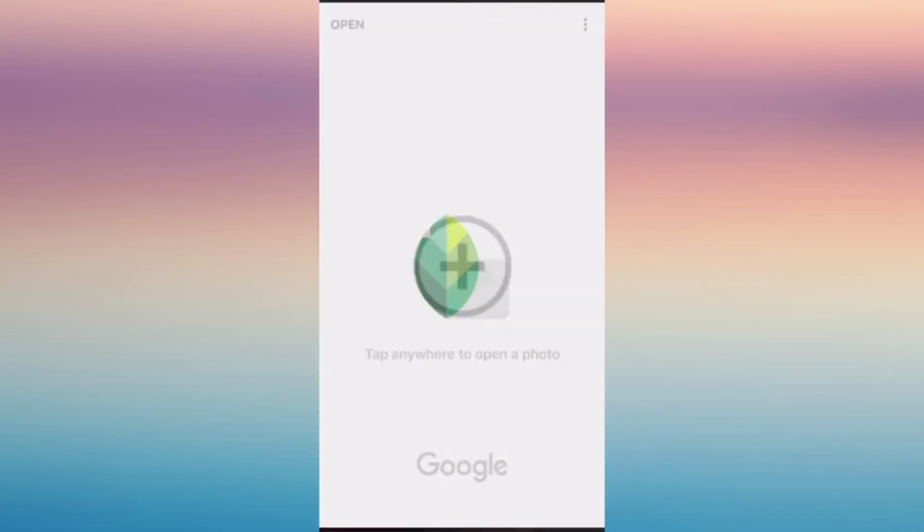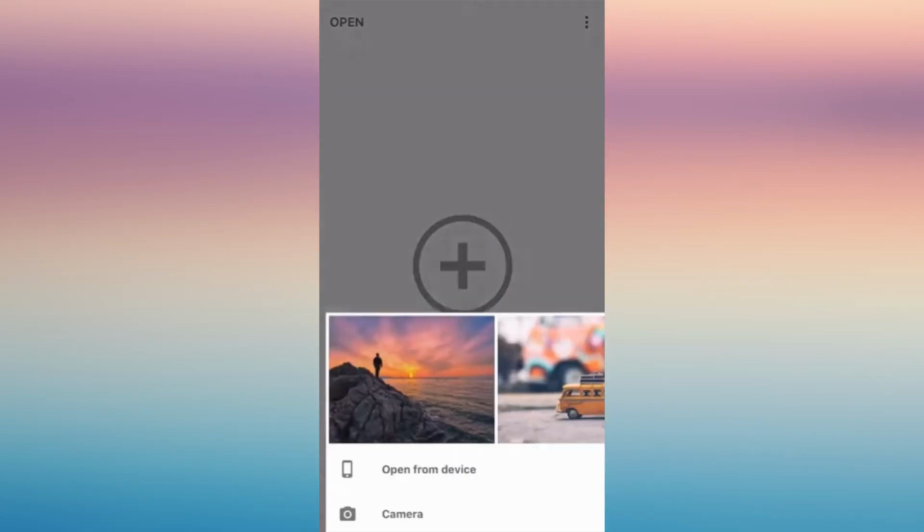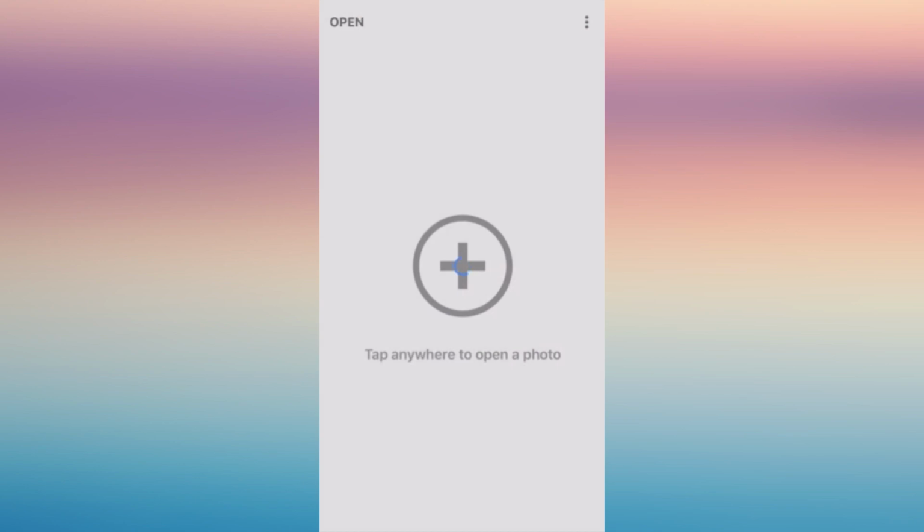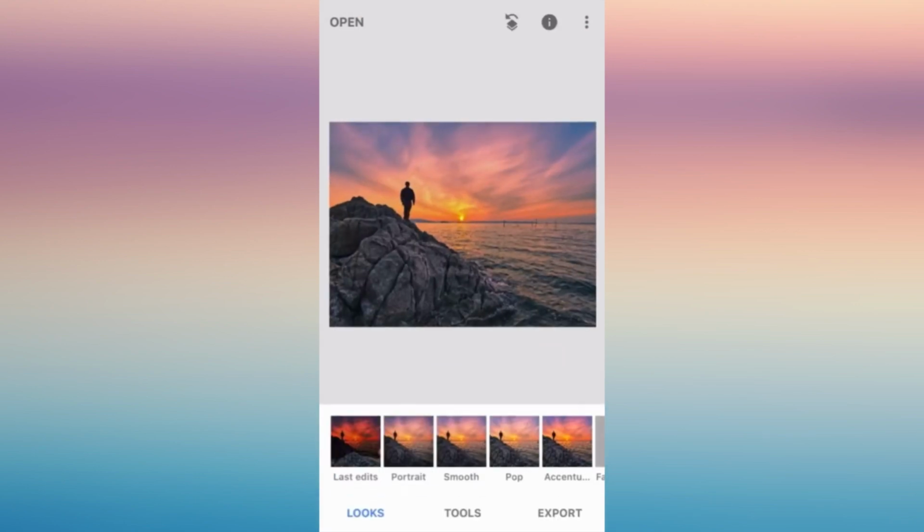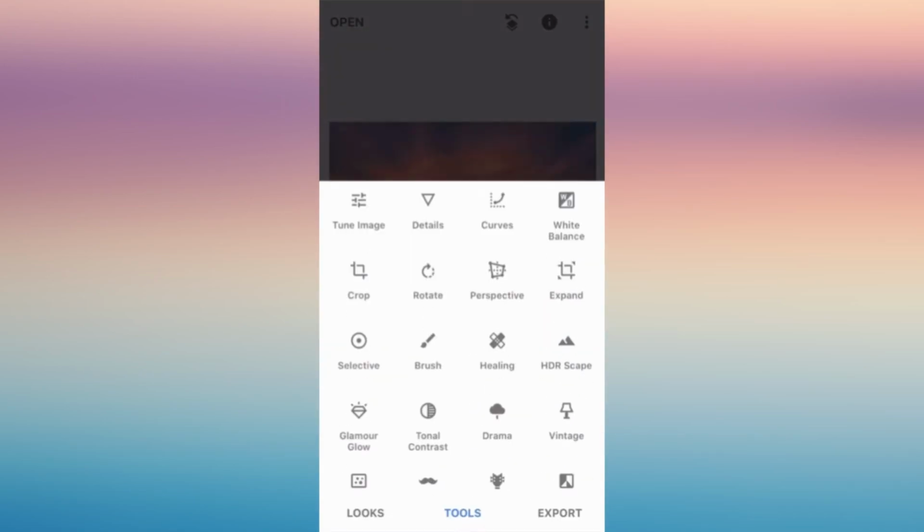In this video, I'm going to show you how to remove a person from any photo using Snapseed. So make sure Snapseed has been downloaded to your phone. So this is an example of the photo, and this is the person that you want to remove from this